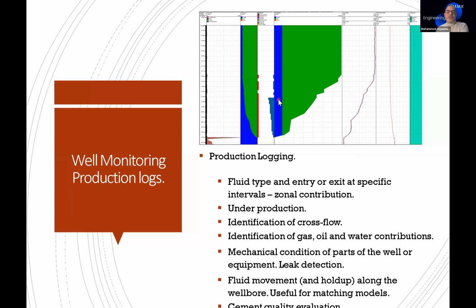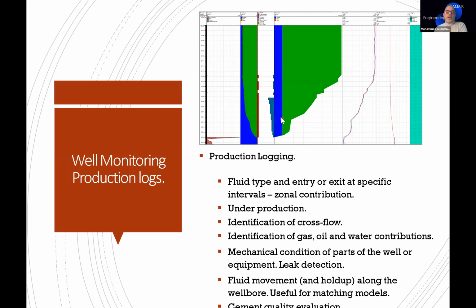This is very useful for matching our software models to calculate the actual flow rate after we do the matching points. So we can get an accurate flow rate for each part of the interval, and